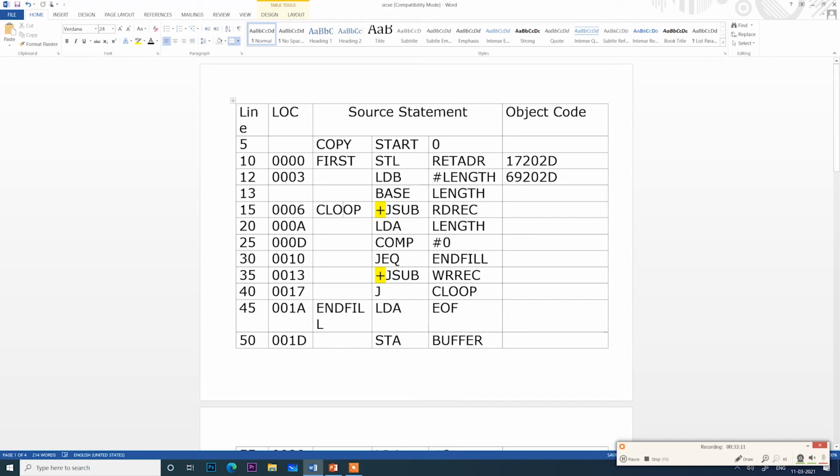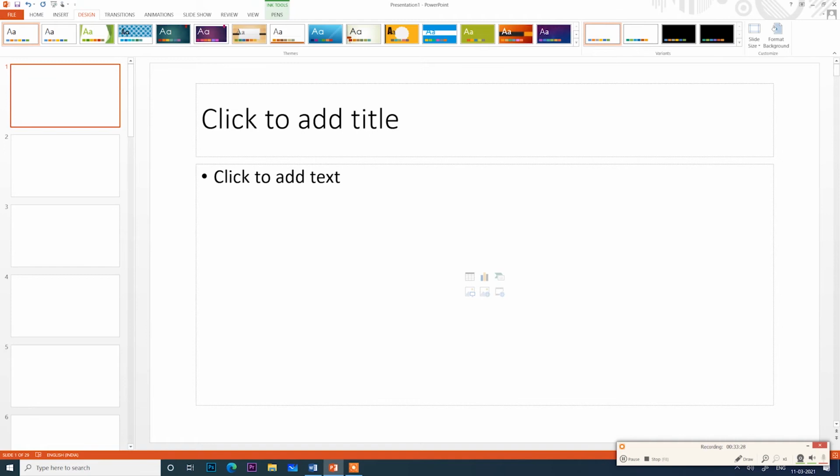So next, we'll go to the next instruction. It is plus JSUB RDREC. See, RDREC is in location 1036.